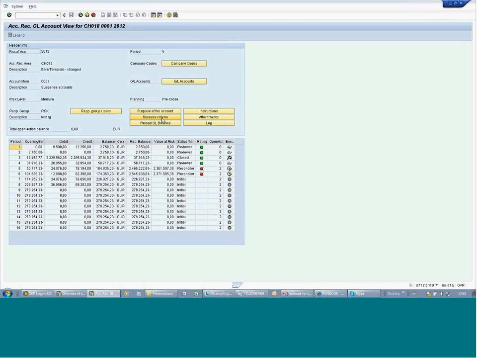You can build in the success criteria for the auto reconciliation. So for example, if this is a suspense account, if I have line items and my account is not 0, the system can check it automatically for me. The moment it is, it will rate it automatically as green. If it's not, it is rated as red or yellow based on the severity of the result, and sends me an